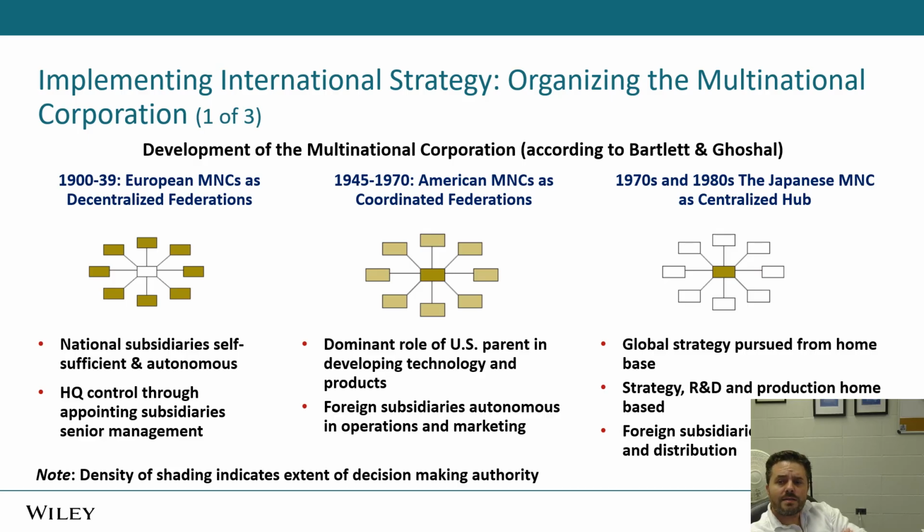Japanese companies in the 1970s and 1980s operated as what's called centralized hubs, basically almost no autonomy in the subsidiaries. And this is still often the case, although less so with Japanese and Chinese firms. In Japan, especially, if you think about it, very small country with high population density, a culture that's more deferential to authority. And so this very highly authoritarian, centralized headquarters subsidiary style structure came out of that